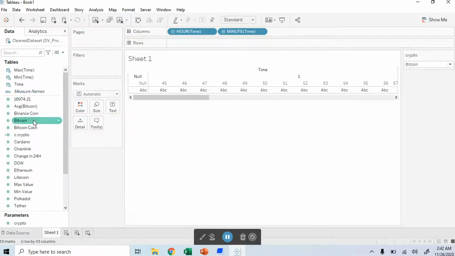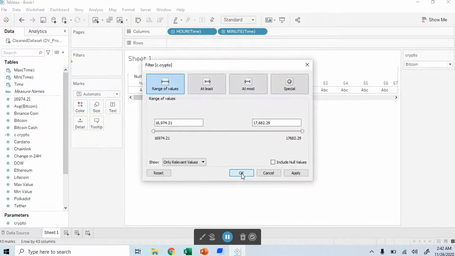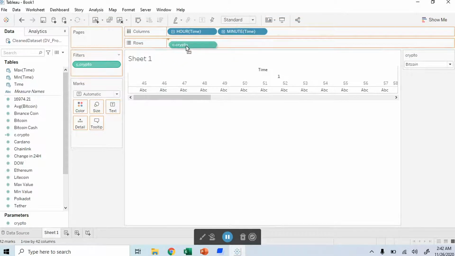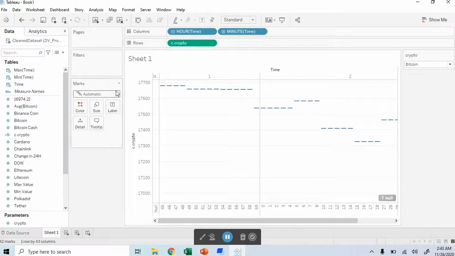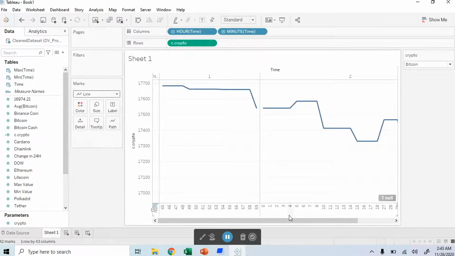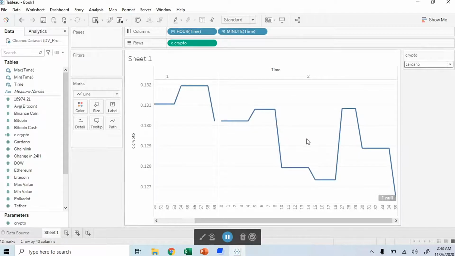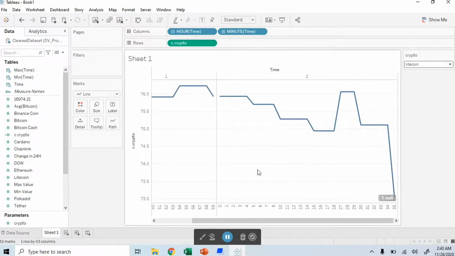Then I need to drag this into the filters and click on OK, and then like this. Change this to a line. These are Bitcoin rates according to the hours. If we change like this, this is the Cardano values, and this is the Litecoin values.